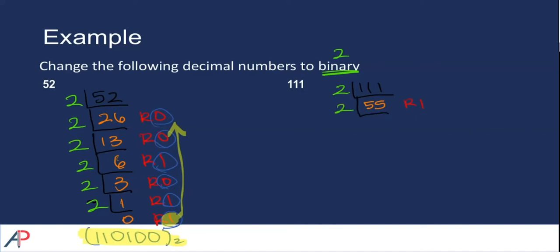We want to keep going until we get a quotient of 0. So 55 divided by 2, we would get 27 with a remainder of 1. This one, once again, we are going to go ahead and divide by 2. 27 divided by 2, we would get 13 with a remainder of 1. Dividing this by 2,